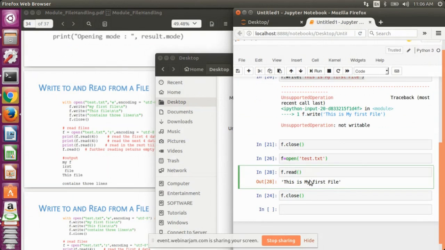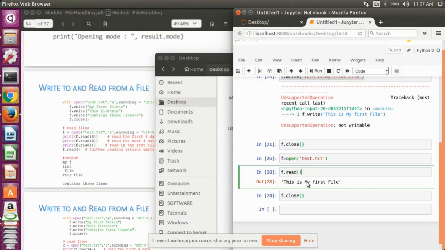Still, it is able to read the file content correctly because by default, the encoding scheme is UTF-8. But it is good practice to specify the encoding scheme, because here we are using the file in an Ubuntu or Linux system, so by default it reads and writes in UTF-8.